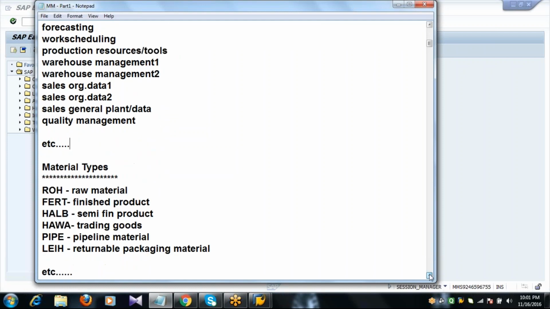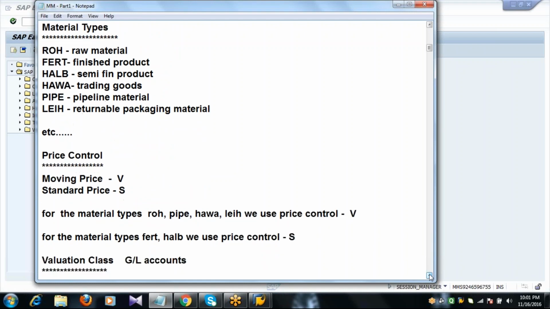Now SAP is going to subdivide the materials and goods based upon the material type. In the industry, whatever materials and goods the companies are using, those materials are identified or subdivided based upon the material type. Then what does the material type basically mean? So material type is a key that assigns the materials to a group of material types